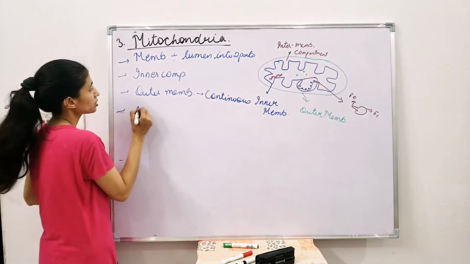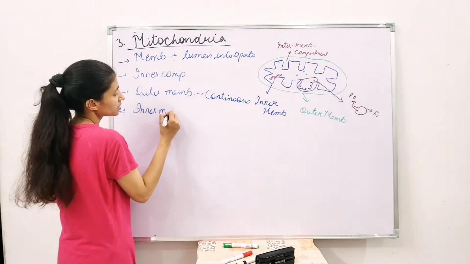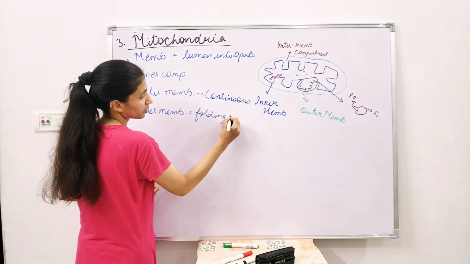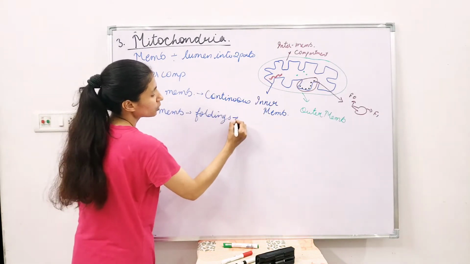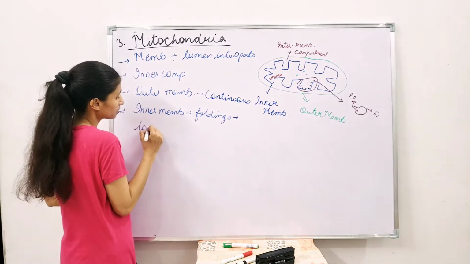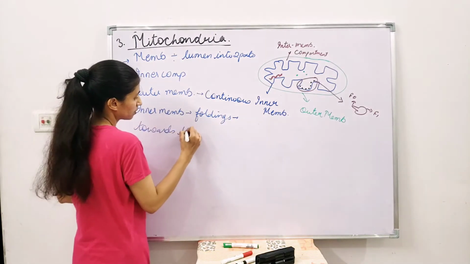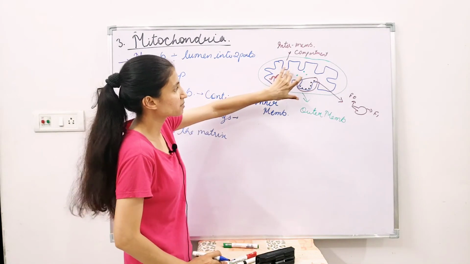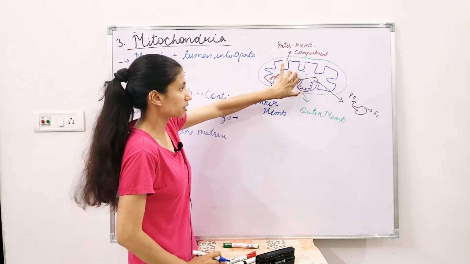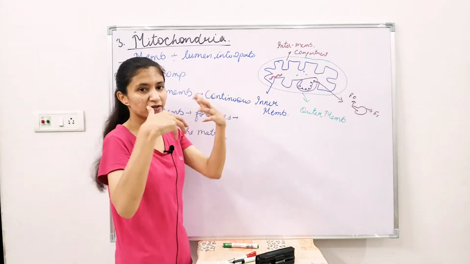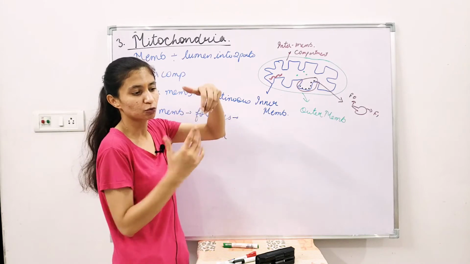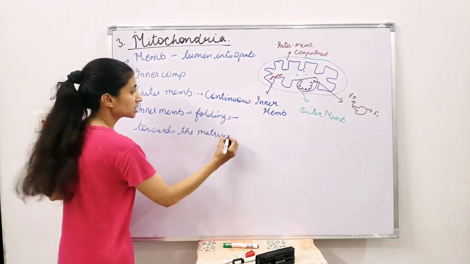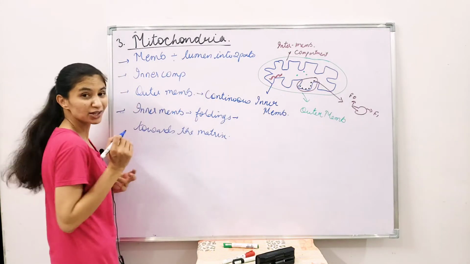Whereas if you just look at the inner membrane, it actually has foldings. These foldings are towards the matrix. This inner portion is called the matrix of the mitochondria. So these foldings are always towards the matrix, which means inside, like this. If this is the lumen, then it will be like this, so this is towards the lumen. And they are actually called